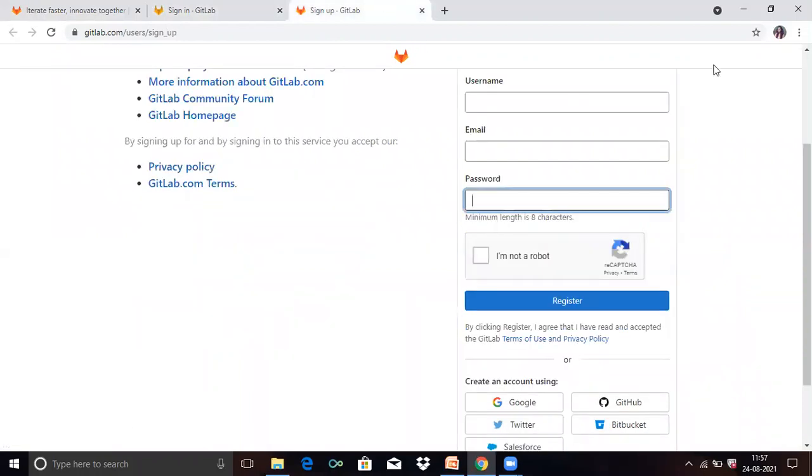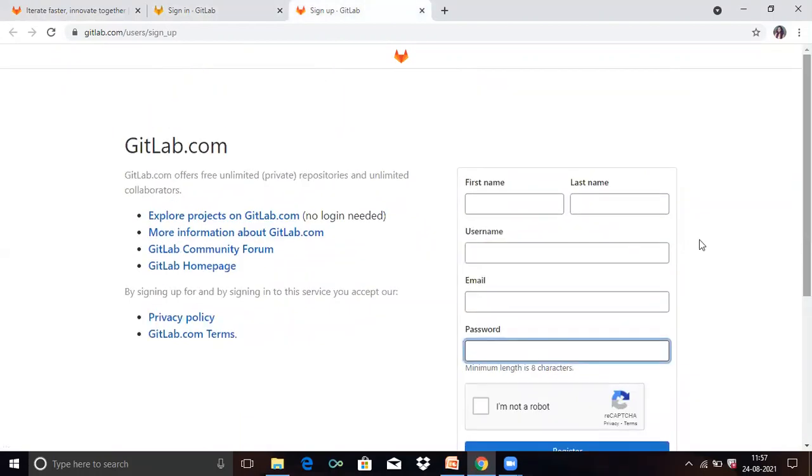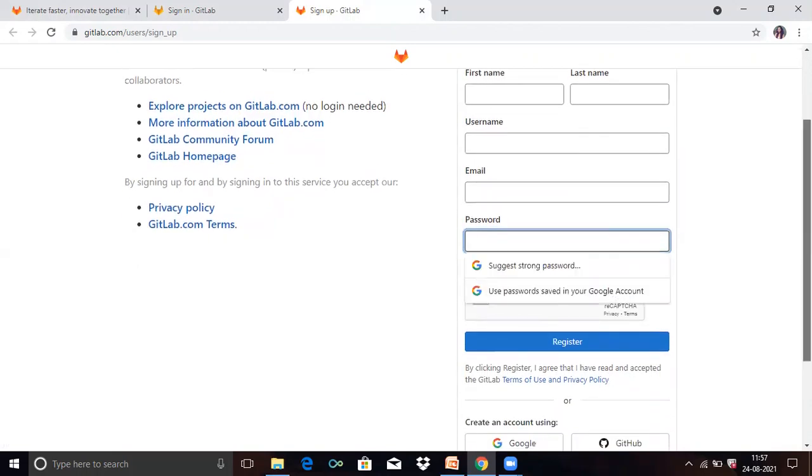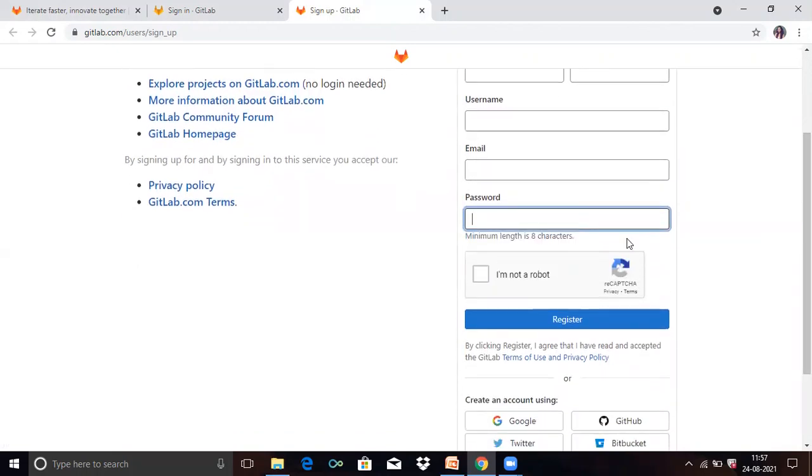And you can see here the form. Fill in the form: first name, last name, username, email, password, and click on the captcha and register. Now it will send a confirmation to your email. So go to your email and click on confirm.